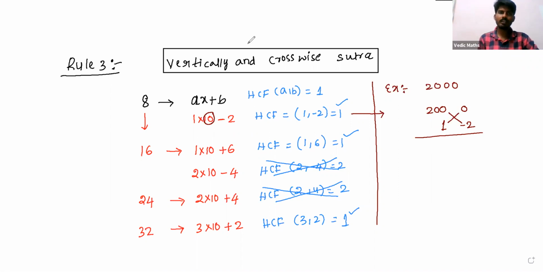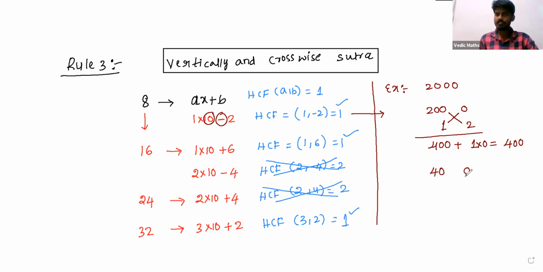And remember one thing, here we have minus 2, but there is no need to consider the minus sign here. Just focus on the numbers only, not the sign. So that is 400 and 1 is there. Here you are taking minus, so the opposite sign will be taken, that will be plus now. So 1 times 0 will be 0, and totally you are getting 400. If you know 400 is divisible by 8, then you can stop the procedure. If you don't know, repeat the same procedure.